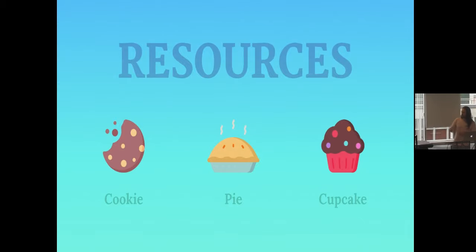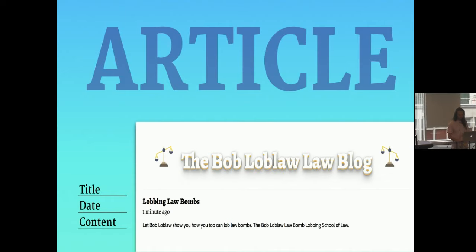Here are some other resources. I just thought the icons looked nice, so I put them up there. They look tasty. A cookie, if I wanted to track cookie or cookies, then I could do that. Pie or pies, a collection of pies, each pie being its own resource. And same for cupcakes. I got a list of cupcakes, or I can create cupcakes. I can delete them from my list, my menu, or whatever it is, my bakery site. So these resources are just examples. Chairs, monitors, all these things can be examples of resources.